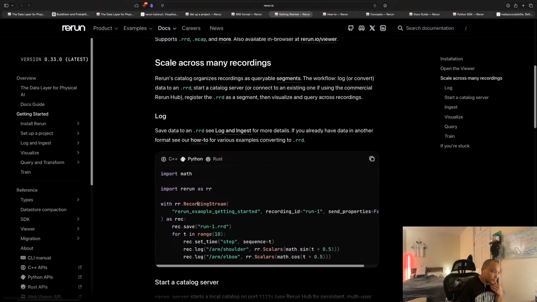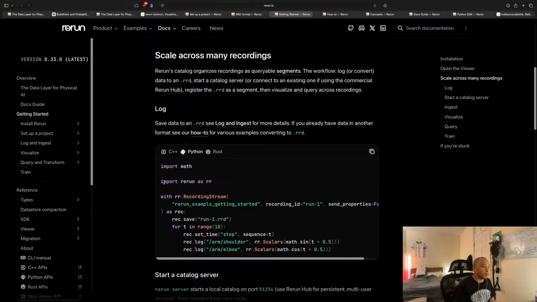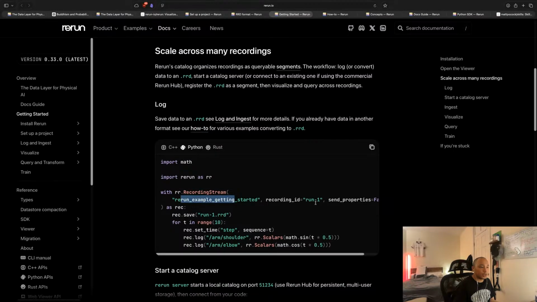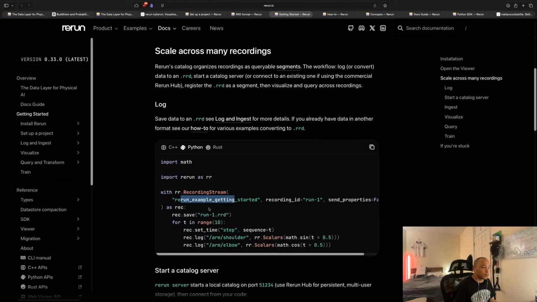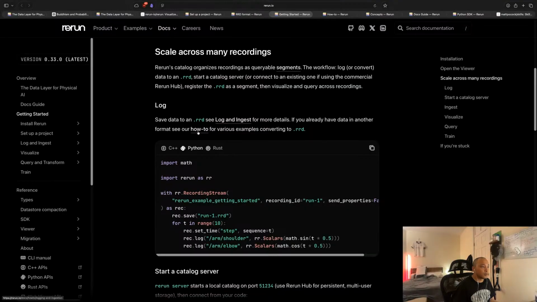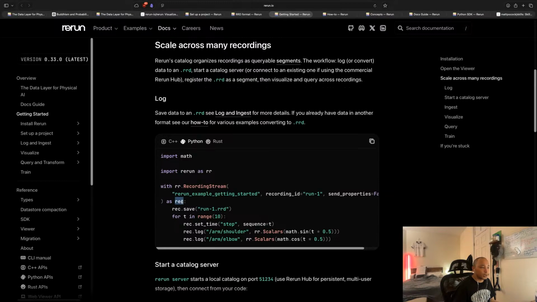So let's try to understand what this is trying to do. You import Rerun as rr, with rr.recording stream, which is the Rerun example getting started. Recording ID equals run1, send properties equals false, as rec. So you open a particular example as a recording stream object.